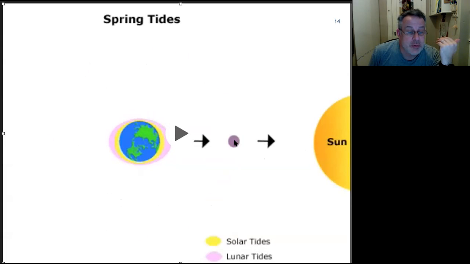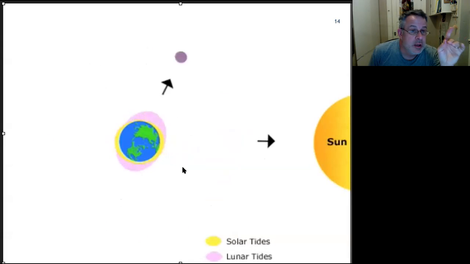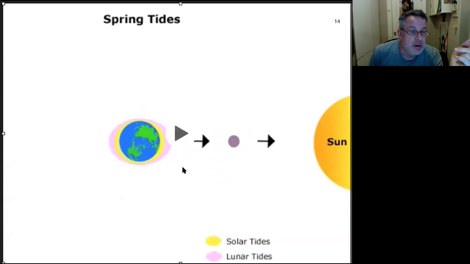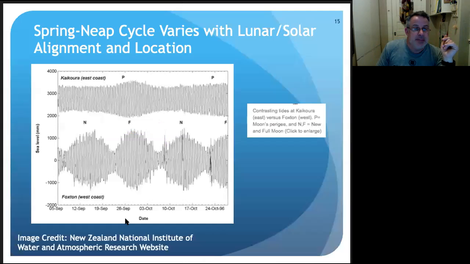When the moon is on that side, this is a new moon. When we have a half moon, we get a neap tide. When we have a full moon, we get a spring tide, neap tide, new moon. So the phases of the moon, the equilibrium tides, the big tides are the spring tides where the bulges are adding together. The smaller tides are the neap tides where they're not adding together. And that's what we tend to get.